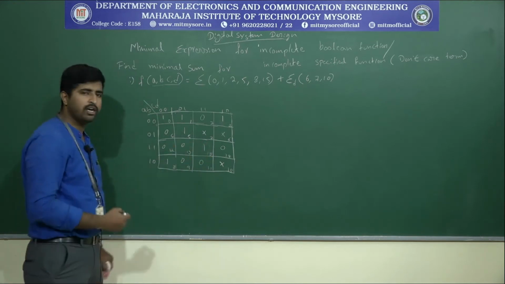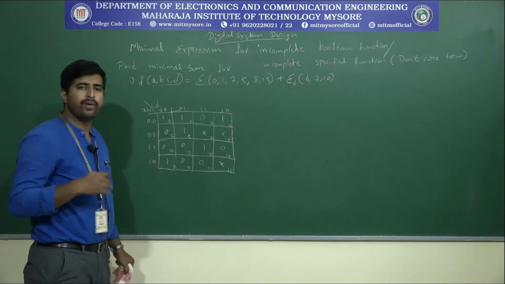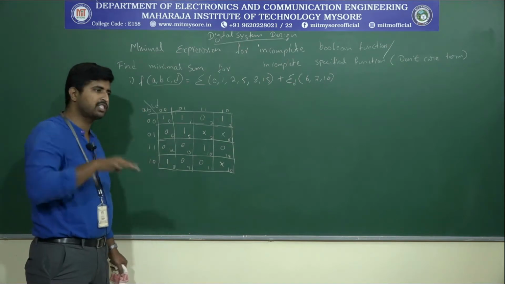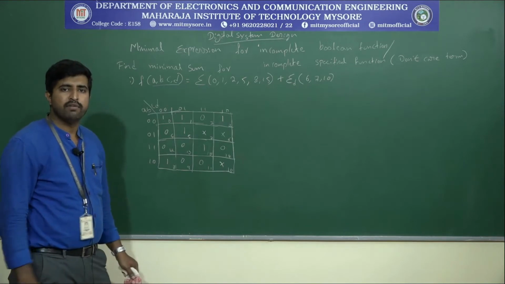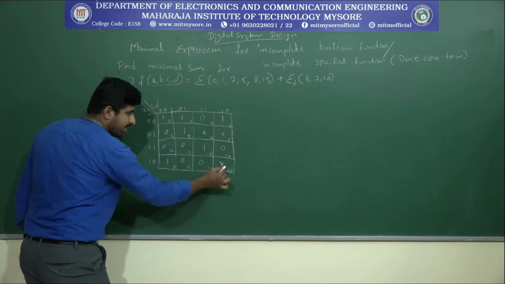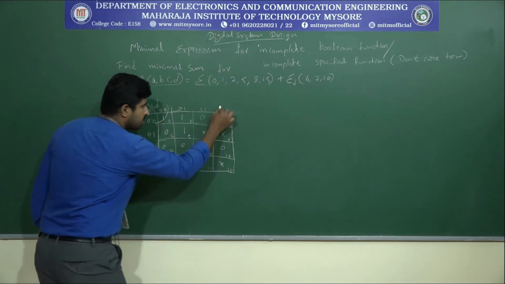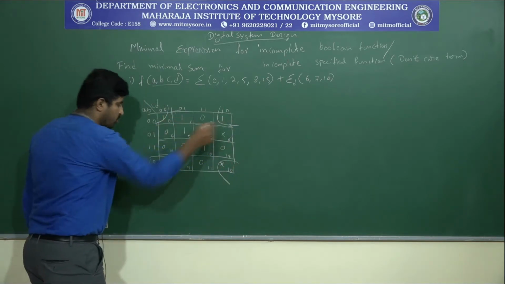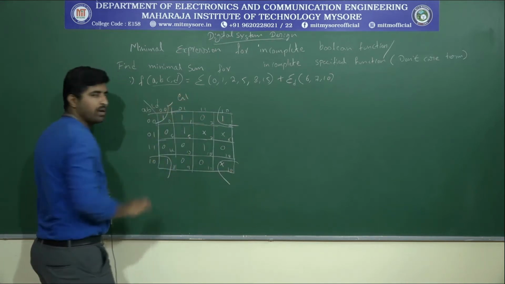Okay. Now we can include the don't care terms so that we can make a possible higher order group. When you make a higher order group, we will get the simplified equation, because we know that when you make a larger group, we will get a smaller number of literals, so that we are going to get a simplified equation. So see, 1 1 1 x is there, so we can include this one, and let us make these 4 cells adjacent to the one group, because we know 0, 2, 8, 10 are adjacent to each other. So this will make group 1.